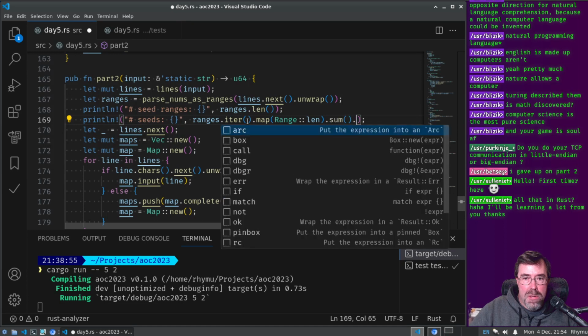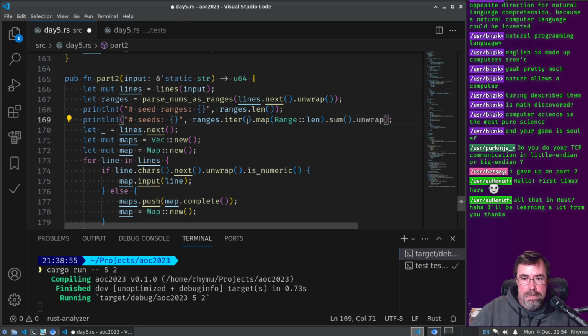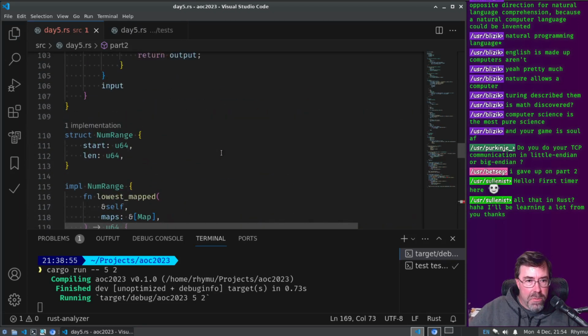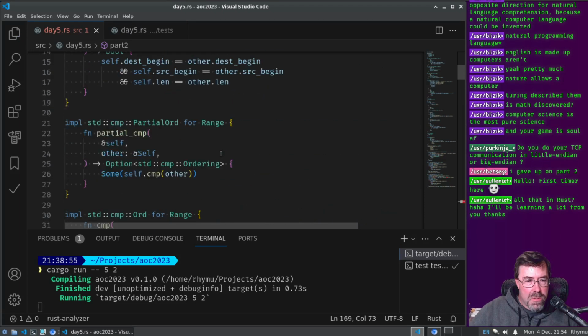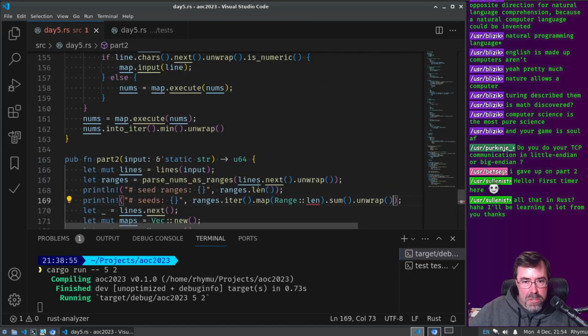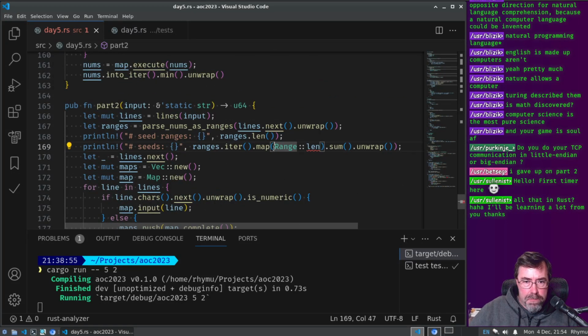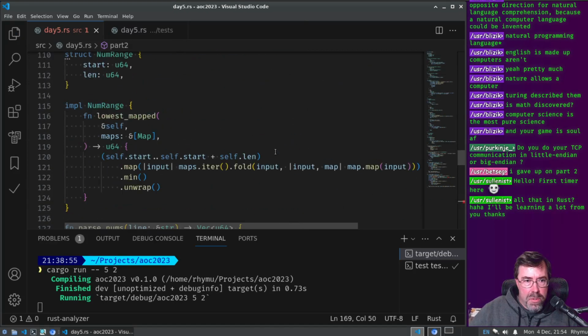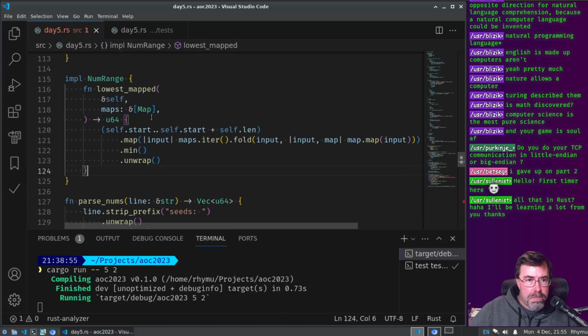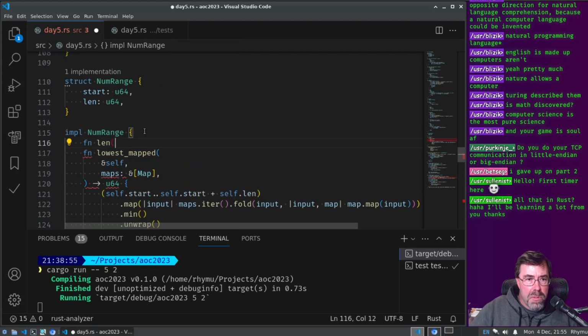Sum, unwrap. I just need to have a length for a range. So it's not range, it's num range, right? Num range length, U64, self dot length.